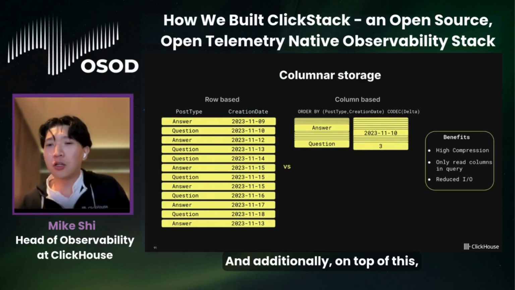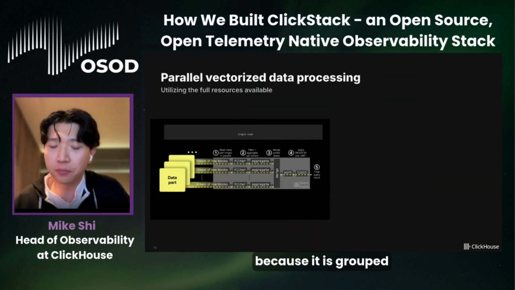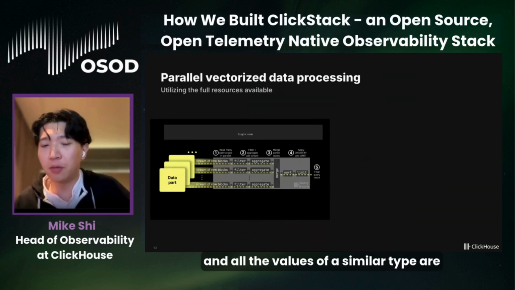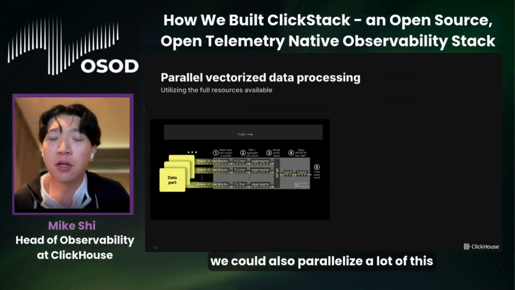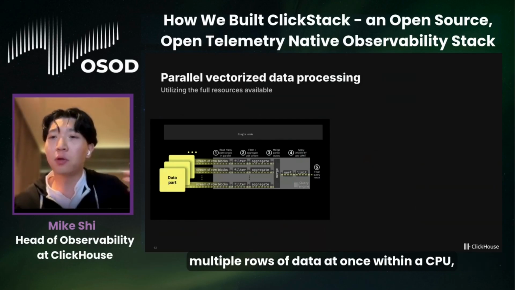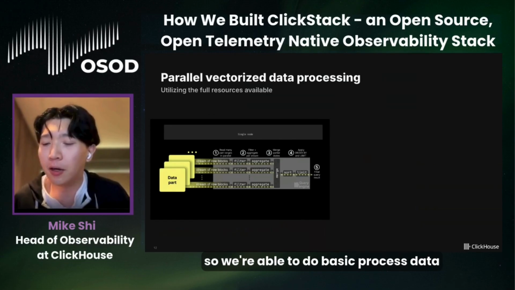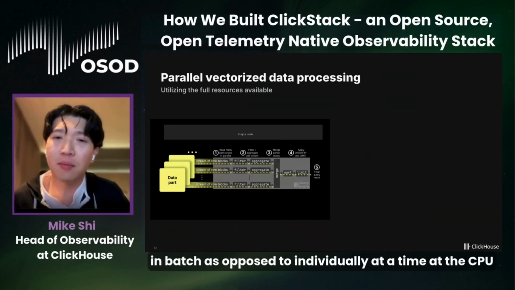And additionally, on top of this, because it is grouped into columns and all the values of a similar type are together in the same file, we could also parallelize a lot of this information. So we could vectorize it, which allows us to process multiple rows of data at once within a CPU. So you're able to process data in batches as opposed to individually, one at a time, at the CPU